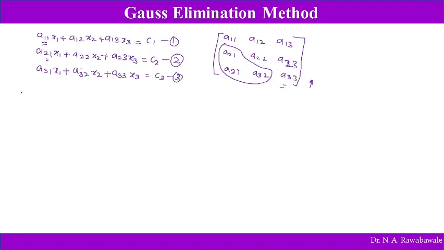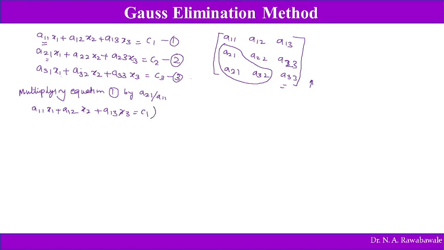So multiplying equation number 1 by a21 and dividing by a11, we get one new equation. We have a11 x1 plus a12 x2 plus a13 x3 is equal to c1, and this is multiplied by